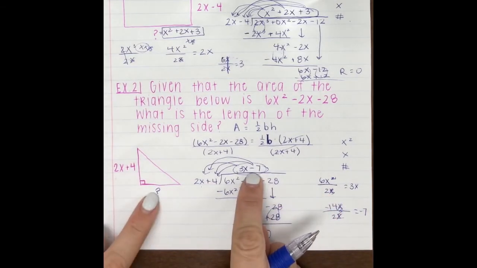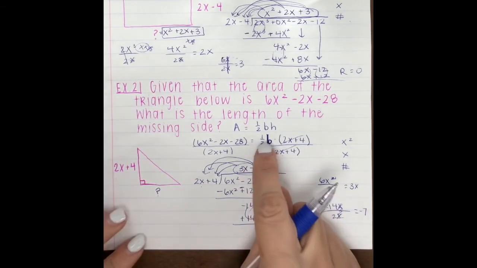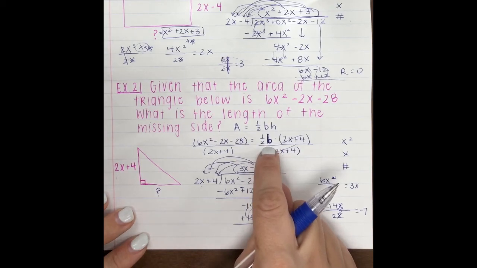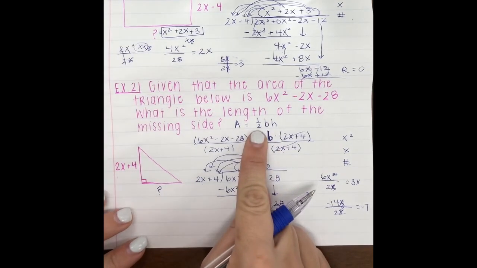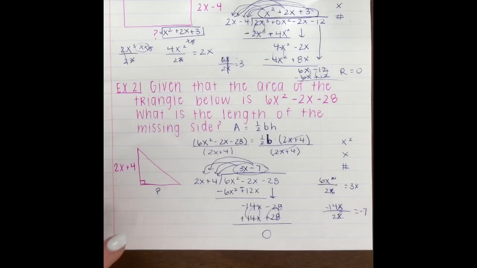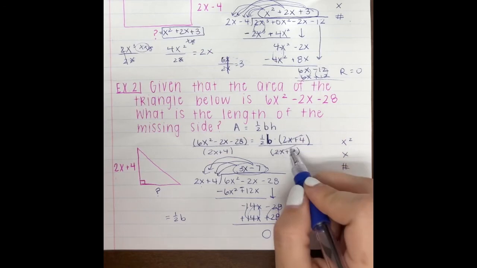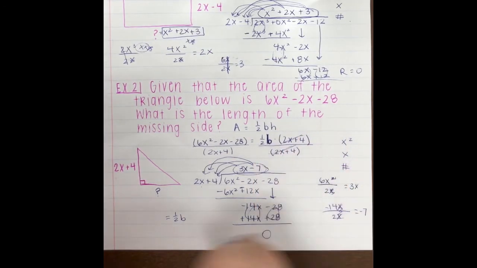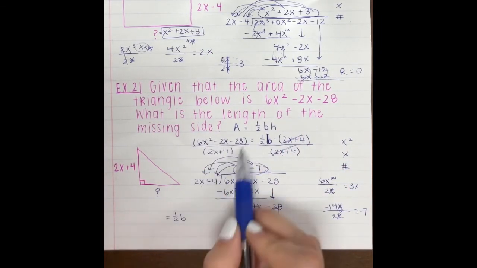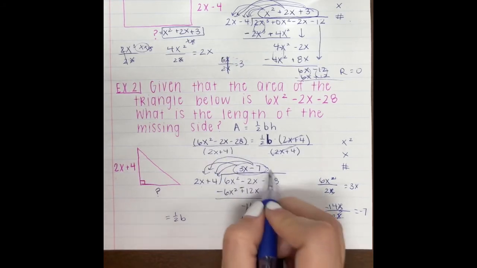That's not our missing side yet, right? Because this is a triangle. We still have that 1/2 times our base. We need to get the b by itself in order to figure out what the base is, okay? So what we've done is combined those, right? So we are still left with our 1/2 base, right? We canceled these out, so we're left with 1/2 base on that side equals, and we divided this out to get our 3x